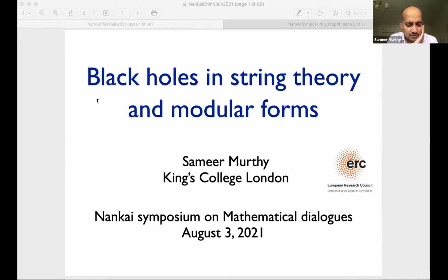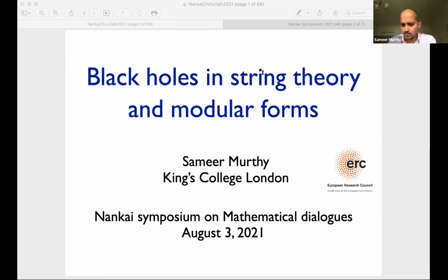over there. So my title is Black Holes in String Theory and Modular Forms. Both these subjects, black holes and modular forms, are important subjects in their own right in physics and mathematics respectively. What I want to do today is to describe some surprising connections between these fields, which have arisen in the study of a class of black holes, namely supersymmetric black holes in string